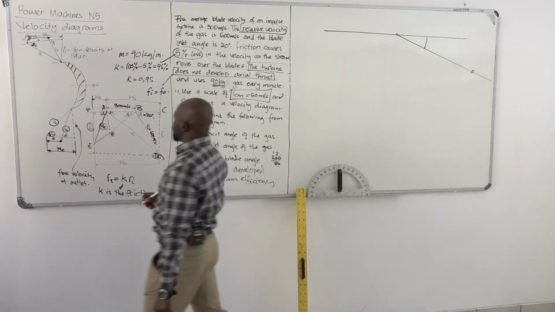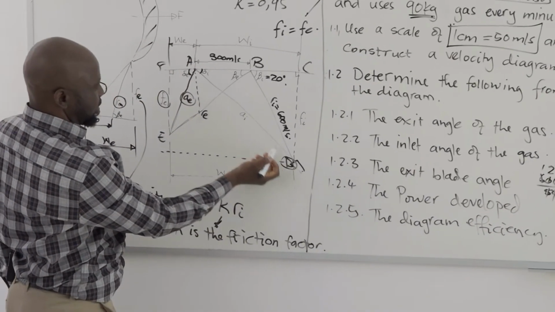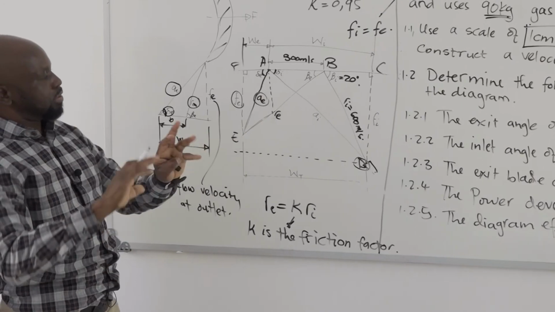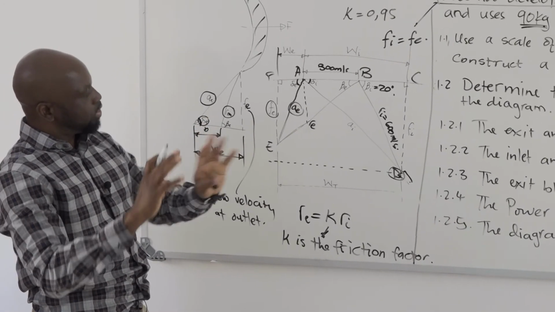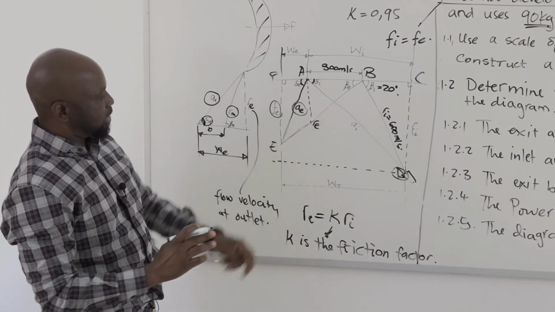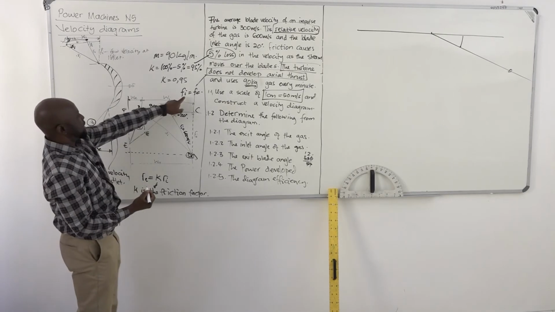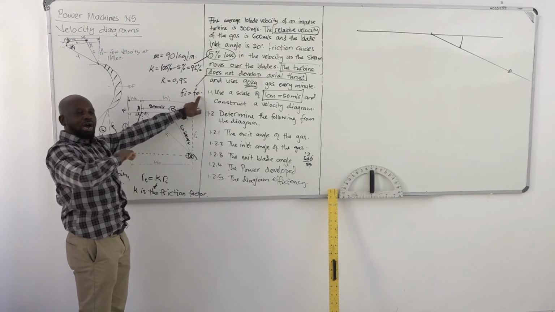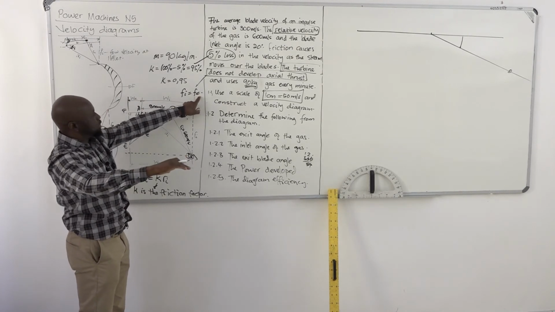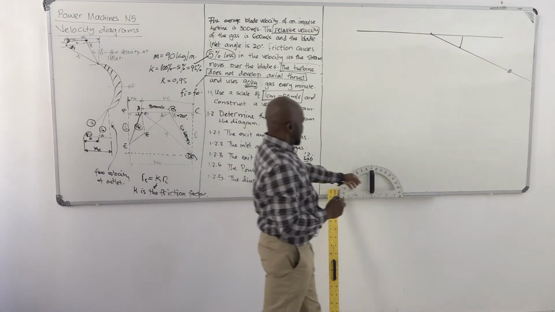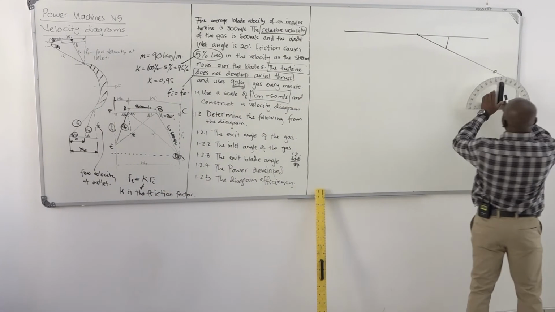So what I have to do is to actually draw this line from here to there. But what I will actually use to draw that line is I have to actually draw a horizontal line first. Why? Because we are saying Fi is equal to Fe, and our flow velocity should be on the same horizontal line. So how do I do that? I will actually put my